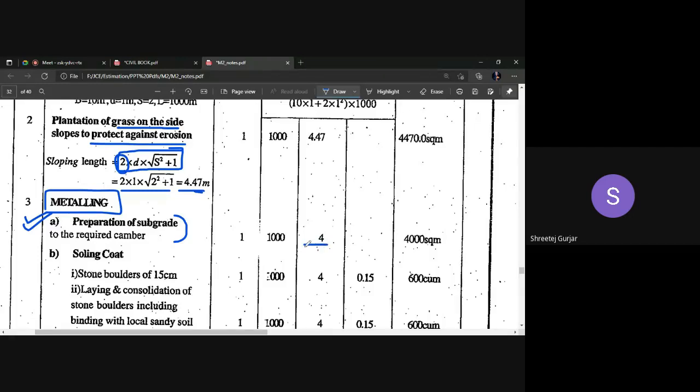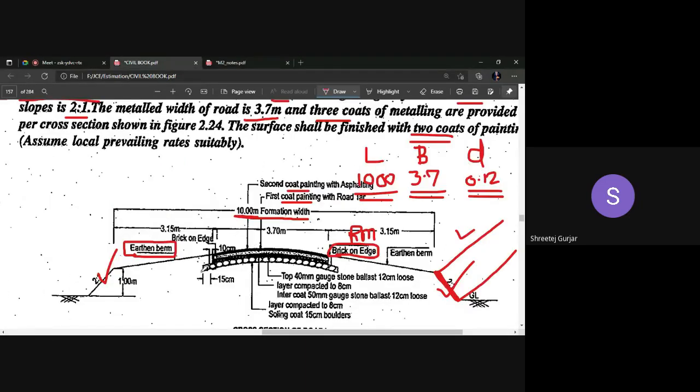So it is 4 meters in width and 1000 meter in length. So what is that? The 4 meter, as I've told you, is this part from here to here, right? 4 meter, considering 3.7 plus 0.15 plus 0.15 for the offset. That is how much? 4 meter, right? So before we lay these 3 layers, we have to prepare our base. So it is not in depth. You have to prepare the base before we lay all these 3 layers.